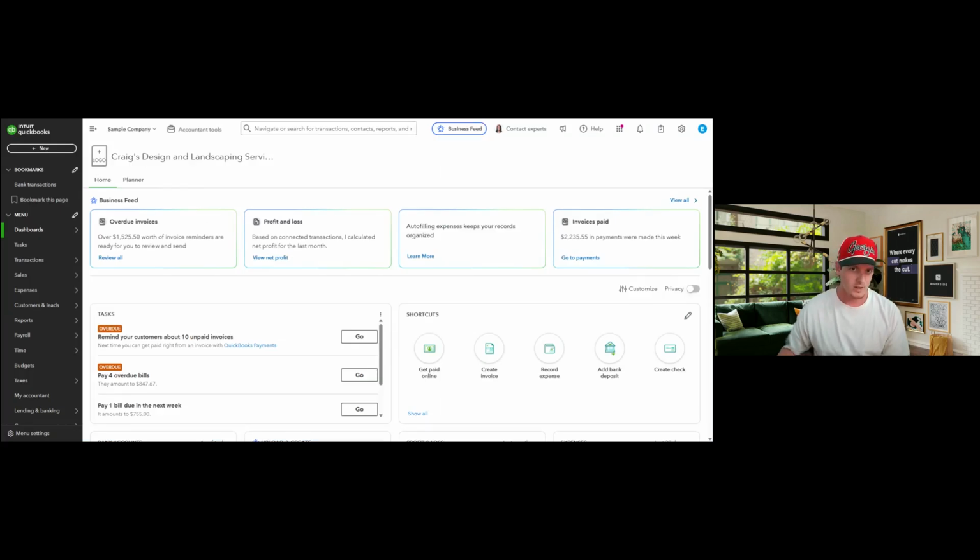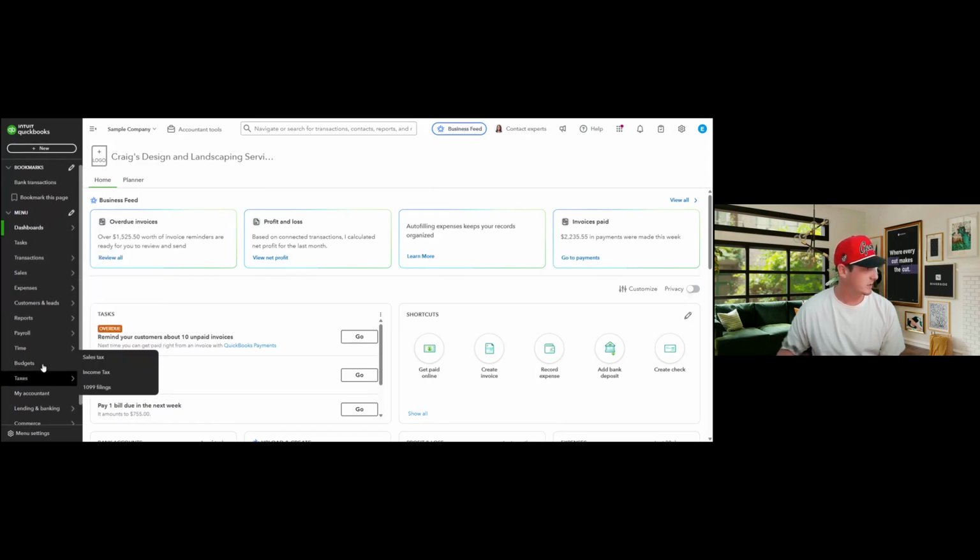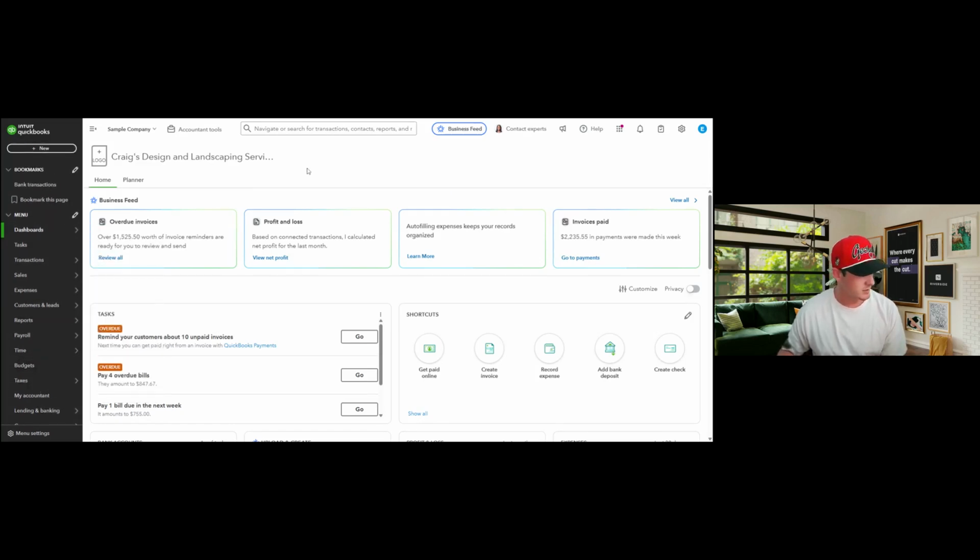Okay, now we are inside of QuickBooks. This is where everything happens. Everything lives along, you see the nice little menu set up along the side here. QuickBooks Pro tip is rolling out some updates, so we're starting to see a lot more of these AI features. So here we're looking at Craig's design and landscape services. This is the sample account they have inside of QuickBooks here, but we can quickly see all the different tips